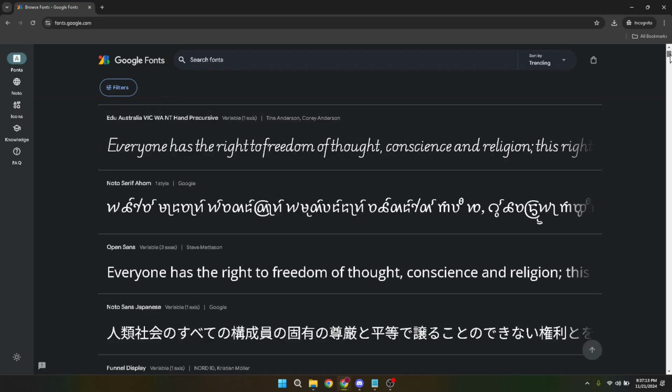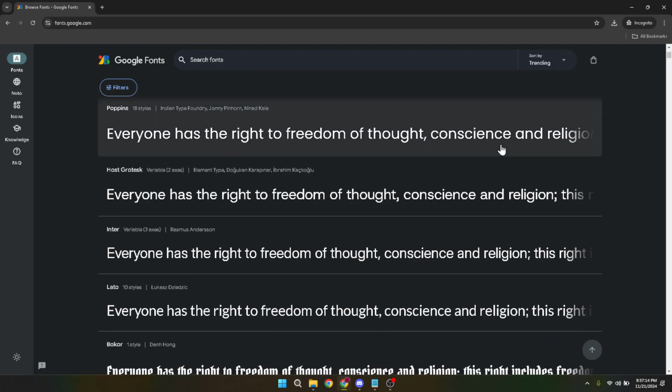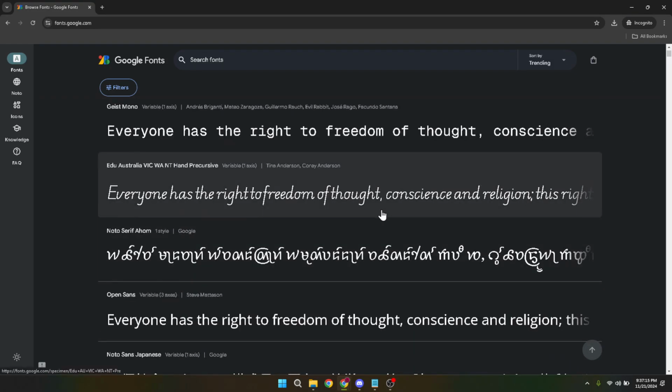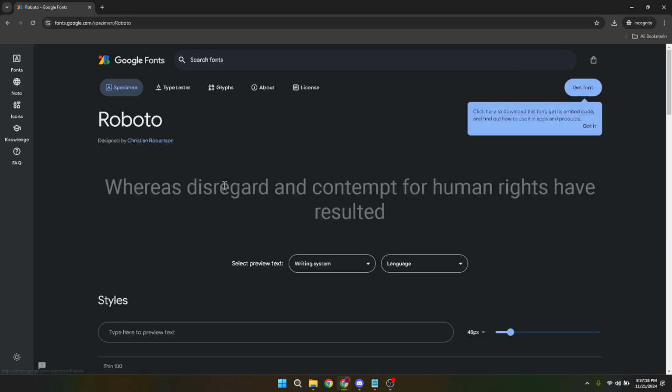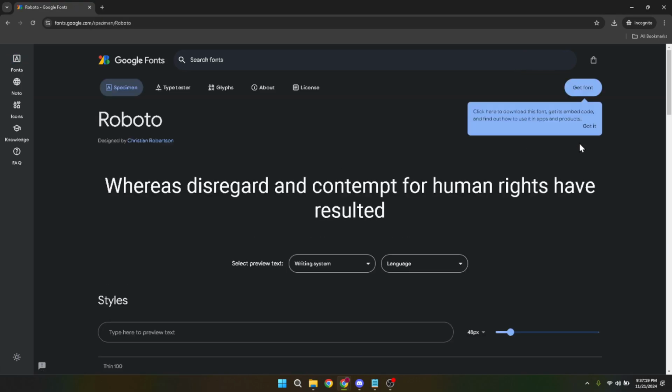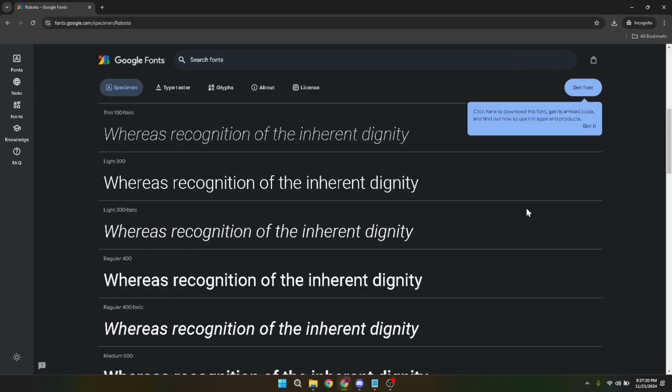This action will take you to a more detailed view of the font, giving you an insight into all the weights and styles available. This is where the magic happens. You get to preview how your text might look, adjust sizes, and really make sure that the font aligns with